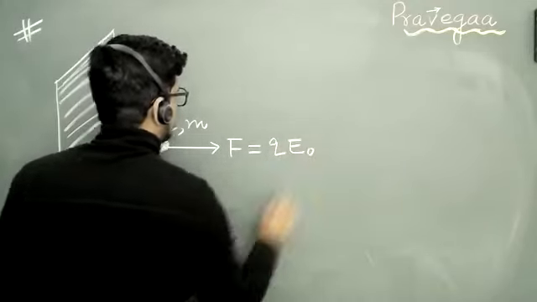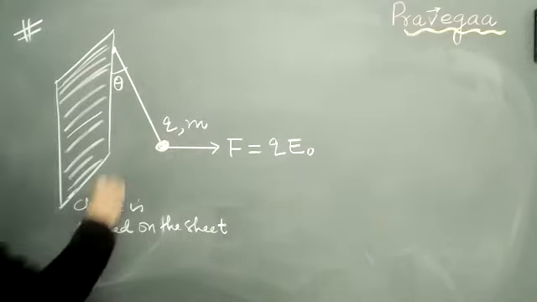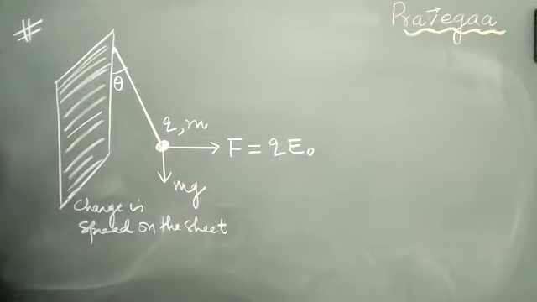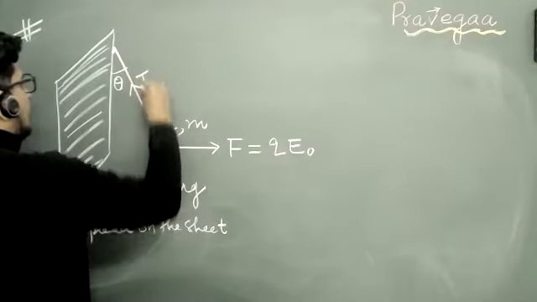Yes or no? And this is the string, and this will be the force due to gravitation, mg, on this mass. Correct? So this will be the tension in the string,